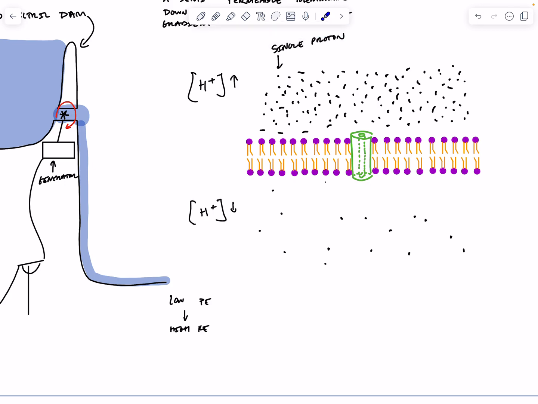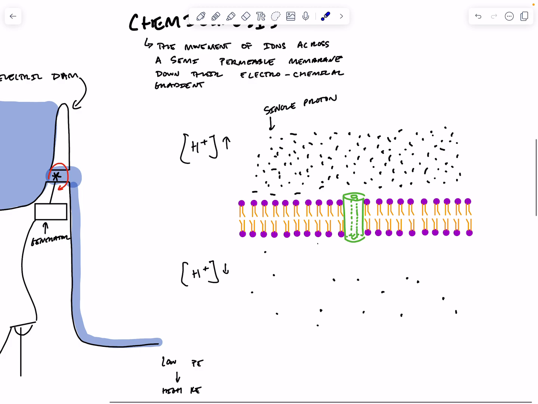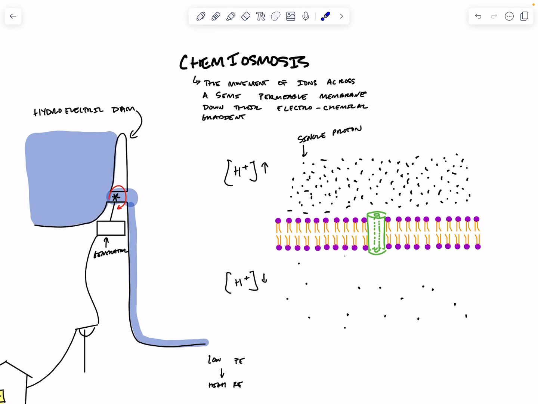And so as a result, there is a gradient across this membrane. But remember, because the membrane has a hydrophobic interior, it doesn't want to interact with these ions, which are all charged. They're all just one single positive charge, and they can't move through the membrane directly. We call it both a chemical and an electric gradient because all of these protons have a positive charge on it. So there's a chemical gradient because there's more hydrogen on this side relative to this side, but it's also an electric gradient because there's more positive charge on this side relative to this side. Okay, so